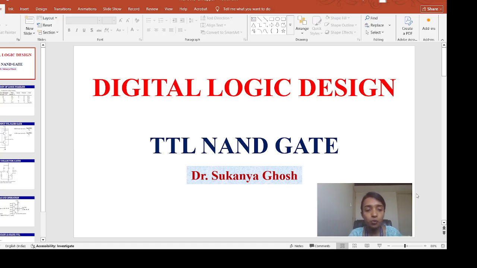We have MOSFET. But the basic function of any type of logic family is always the same regardless of the circuit technology used. The TTL and CMOS are suitable for SSI and MSI. SSI means small scale integration and MSI is medium scale integration. While the MOS and CMOS are particularly suitable for LSI. And I square L, or integrated injection logic, is mainly suitable for VLSI and ULSI, or ultra large scale integrated circuit.